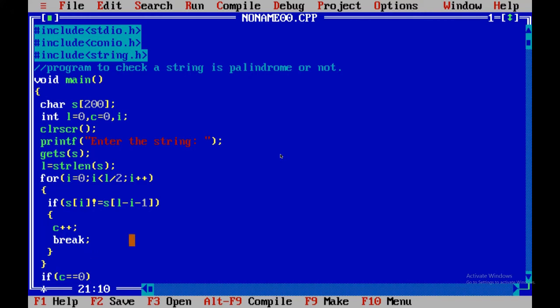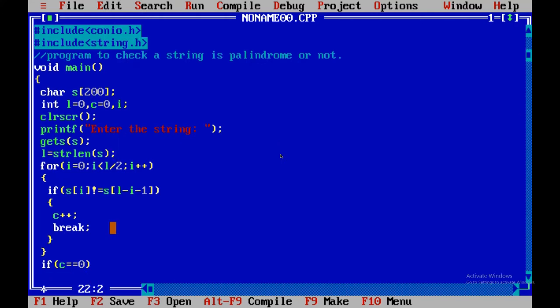So if it runs all the time according to the condition I less than L by 2, and it doesn't increase the variable c, that is, it satisfies all the conditions for being a palindrome, so it will print that the entered string %s is a palindrome.